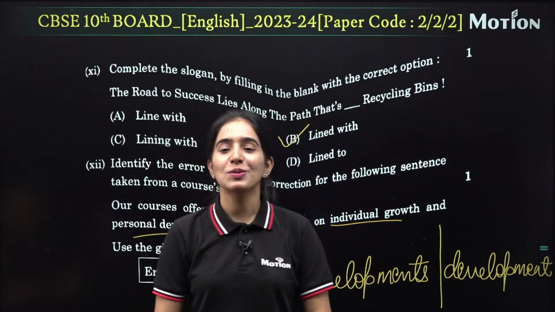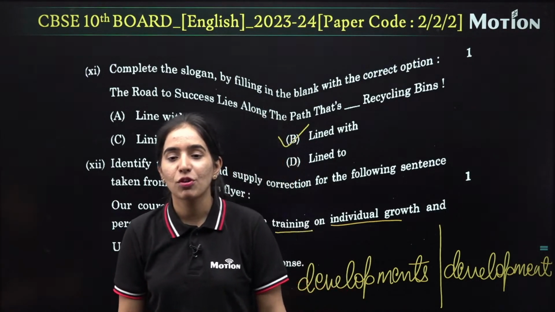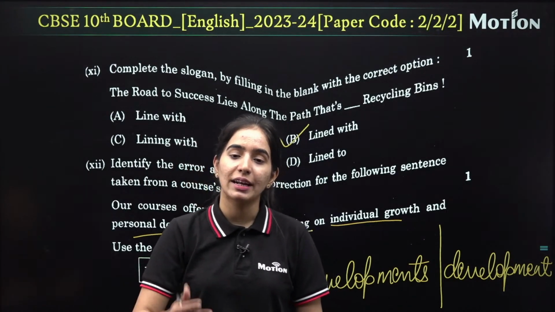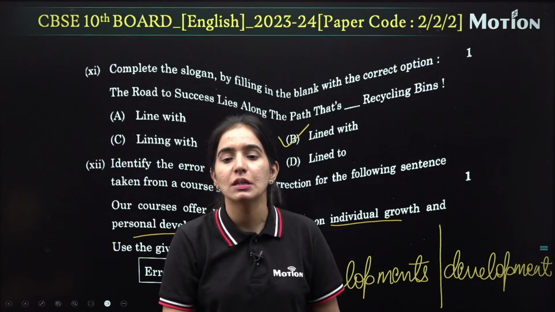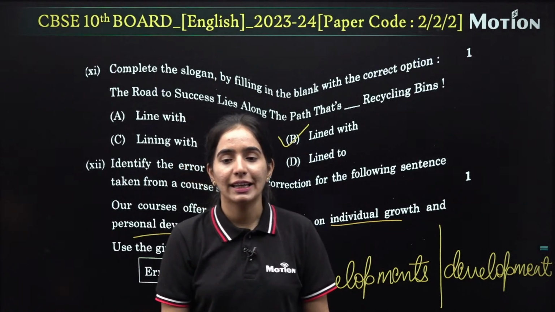Okay, so on this note, we have completed one more set, that is 222 set. And now let's move towards the next set that we are going to discuss, and in that also we will discuss the grammar part, because that is the part which is absolutely different. Rest again, comprehension and literature part is again the same.